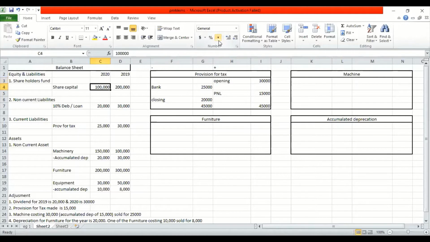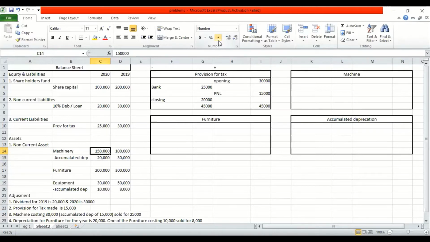So first thing is, the question is whether we are going to make a ledger or we are going to pass two entries. Now I can see these figures, machinery and accumulated depreciation, over here. That means in the balance sheet as well as in the adjustment. It means that I have to create a ledger. Let's create a ledger quickly.